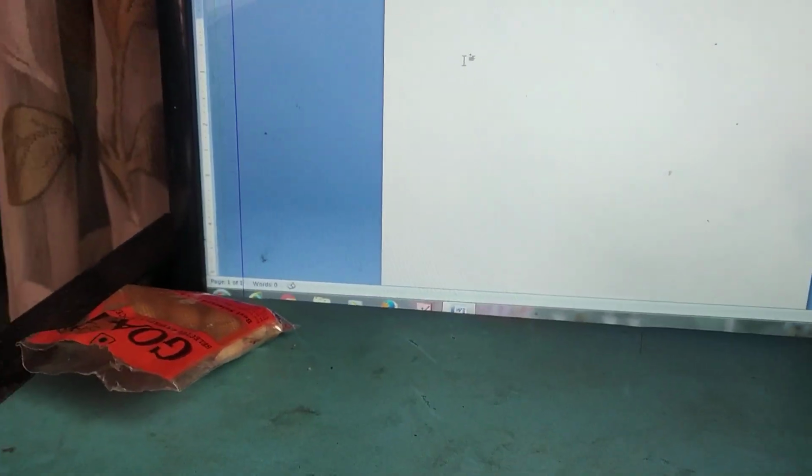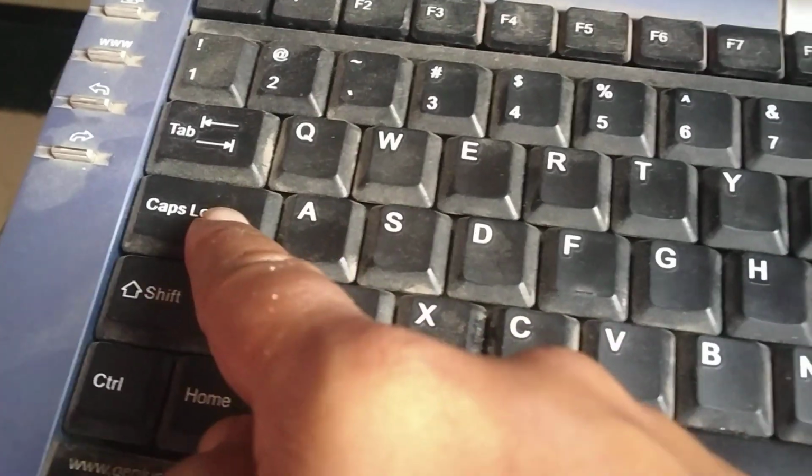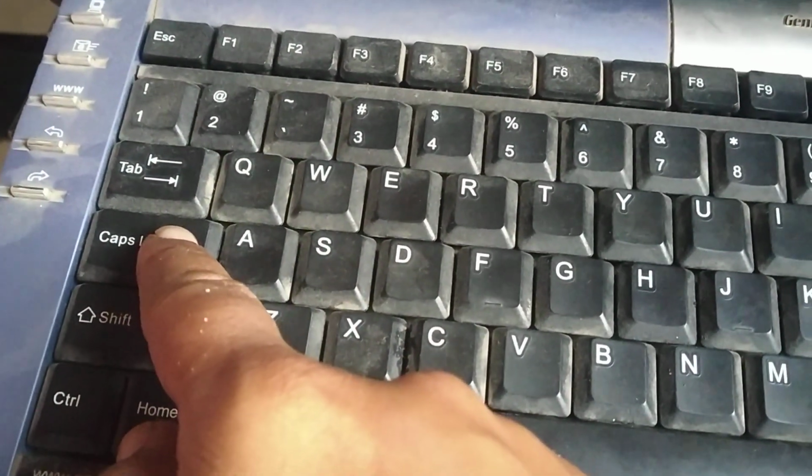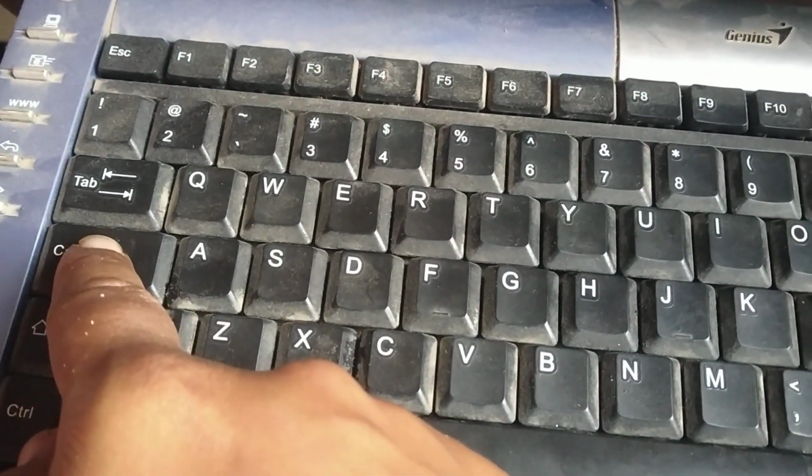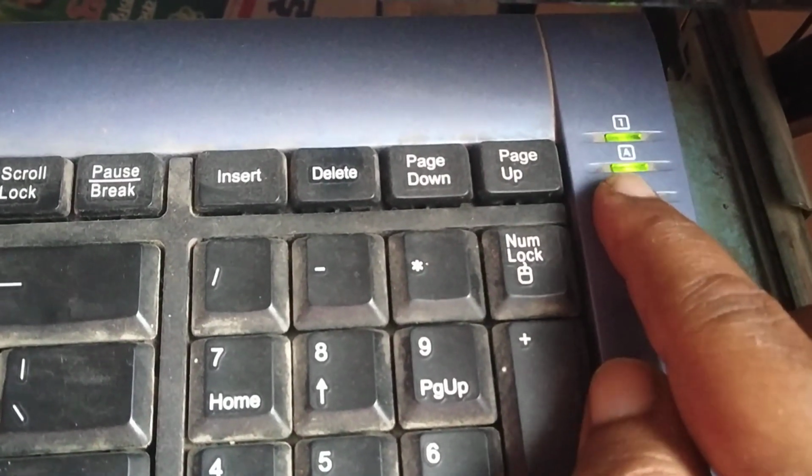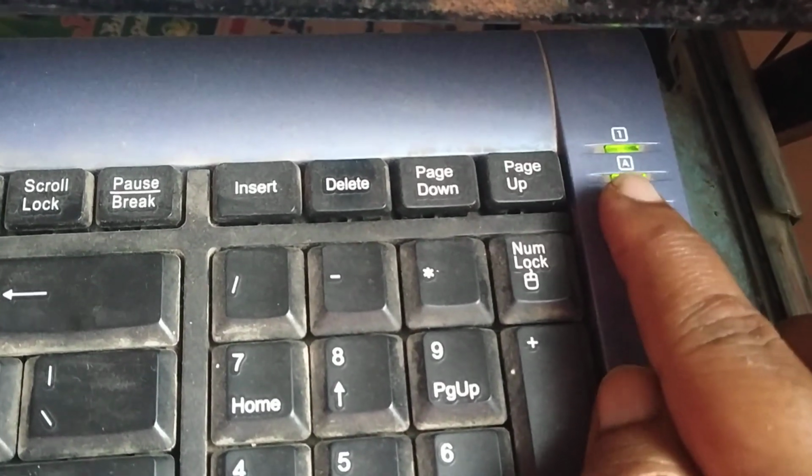Okay, now all of you know our keyboard very well. This is our keyboard. Now you know this is our caps lock key. Why caps lock key is used? When we press this caps lock key, here you will get one light, means caps lock is on.